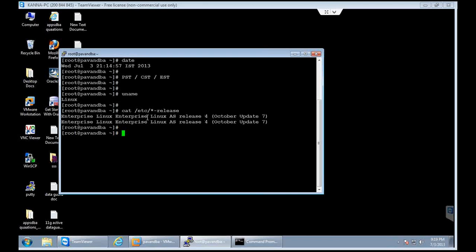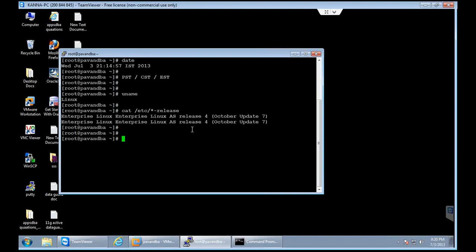It's just like that. So it's Oracle Enterprise Linux 4.7. If somebody asks you the version of this Linux, you say Oracle Enterprise Linux 4, and you also need to say the 7, so 4.7. This is how we identify what flavor of Linux operating system it is.